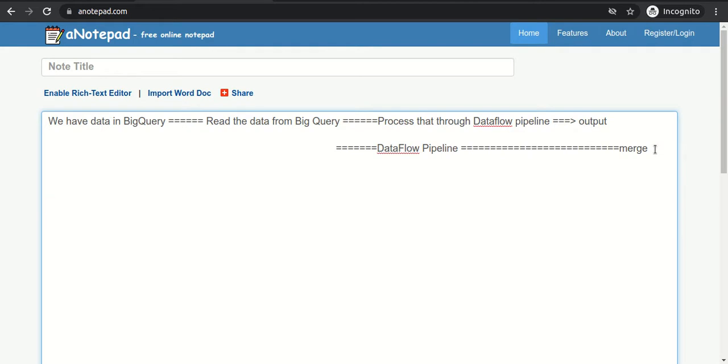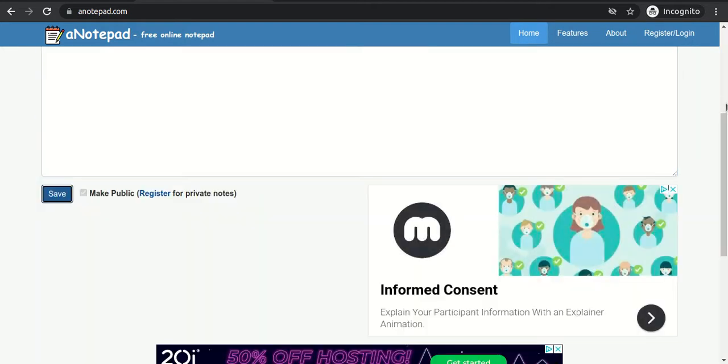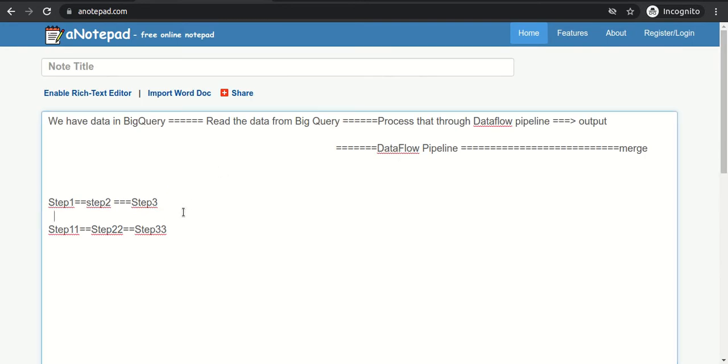But in this, we have step 1, then step 2, then step 3, and we have another pipeline, let's suppose step 1.1, step 2.2, step 3.3, and these will get combined and run further steps, step 6, step 7, and then create the final output, right?